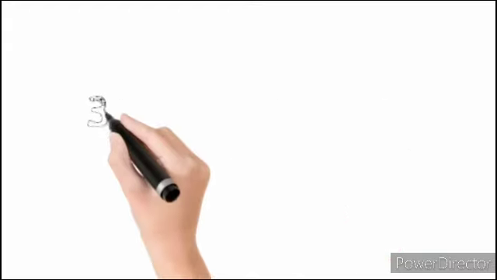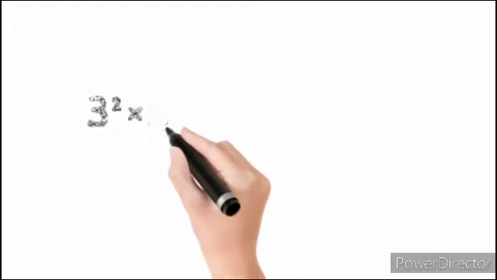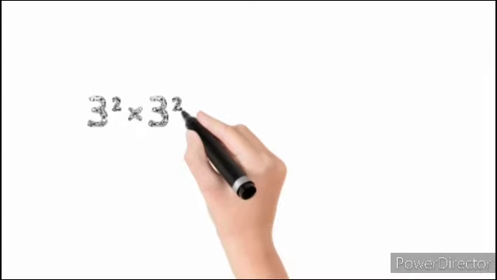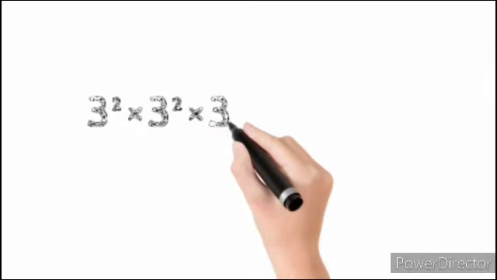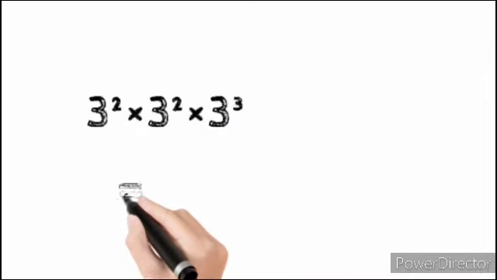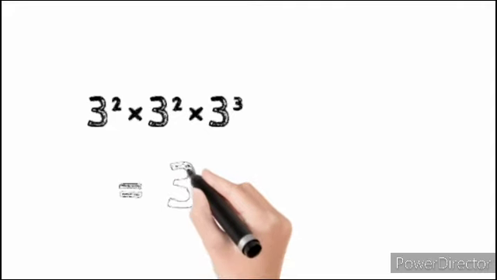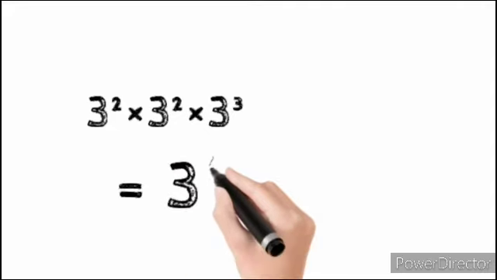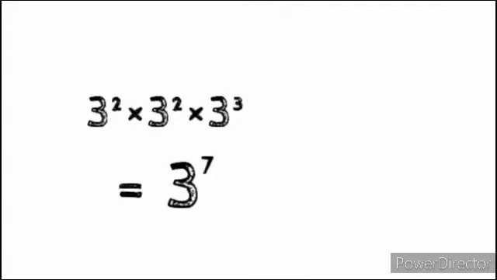Number 2. Write in index form 3 raised to power 2 times 3 raised to power 2 times 3 raised to power 3. Now, in its index form, it is written as 3 raised to power 7. 3 raised to power 7. Okay,